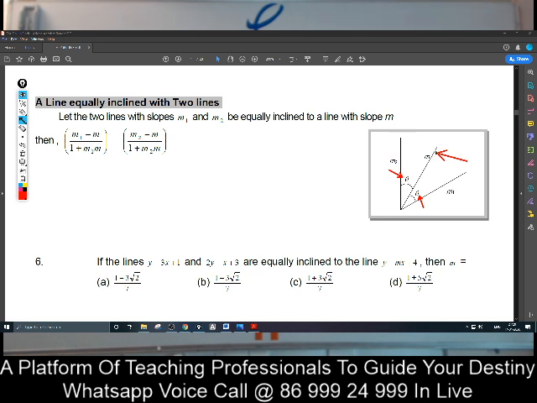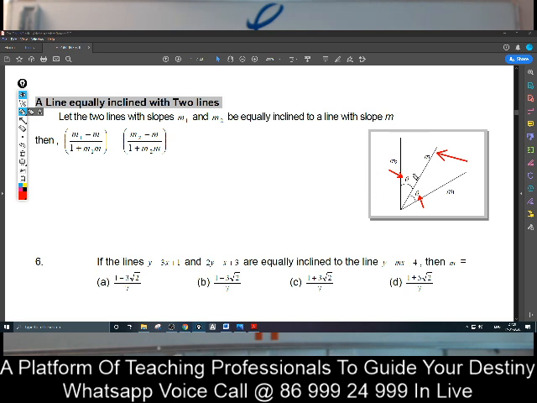That means this line is making equal angles with these two different lines, M1 and M2. M1 and M2 are their slopes. First line slope is M1, second line slope is M2. Now, this angle is given to be theta. This is tan theta, this is also tan theta. But you must take care of the direction. What I mean to say by direction,